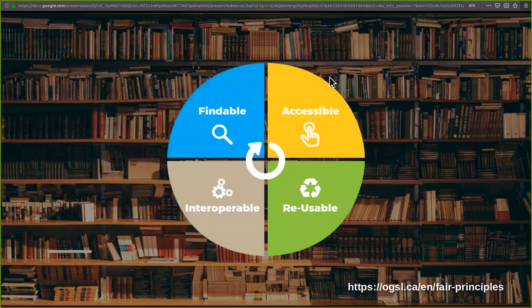So FAIR is an acronym used a lot in open science, and the first two letters are literally findable and accessible. The next two letters are interoperable and reusable, and these four have kind of been put out as the characteristics of open objects, research objects, so open mostly data sets and code at this point, that we want to make sure that when we release these things, not only are they findable, so they have an address, they have something permanent, not only are they accessible, you don't have to worry about paywalls, but ideally they're also